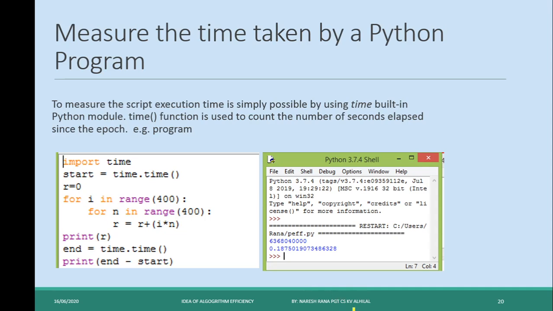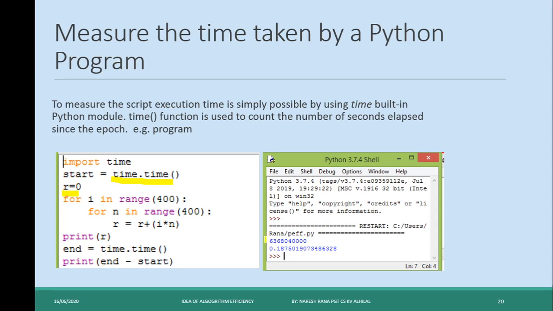For example, the program: import time; start = time.time(); r = 0; for i in range(400): for n in range(400): r = r + i * n; print(r); end = time.time(); print(start, end, end - start).